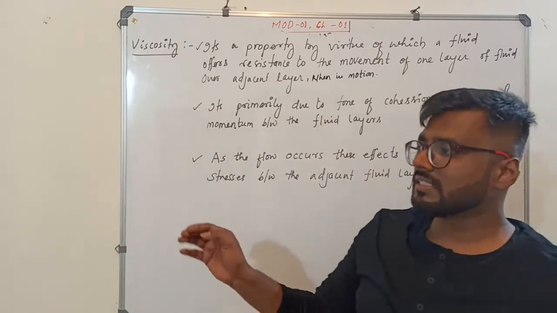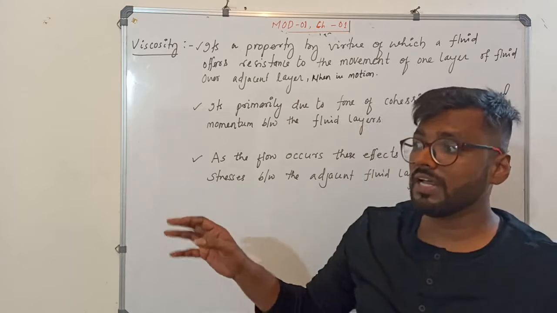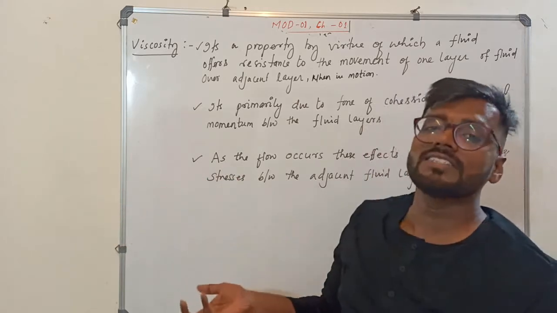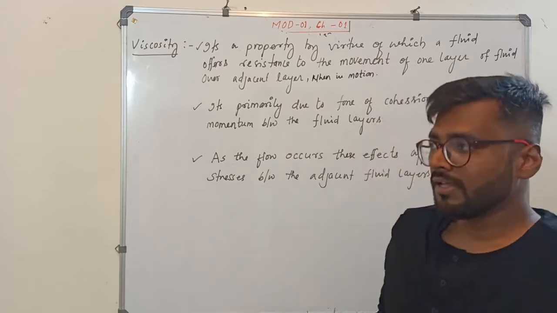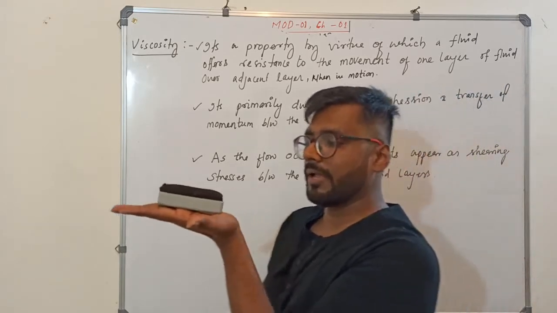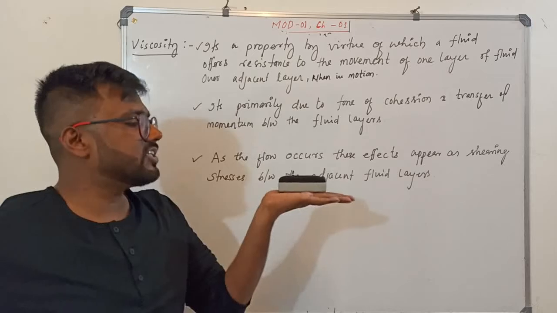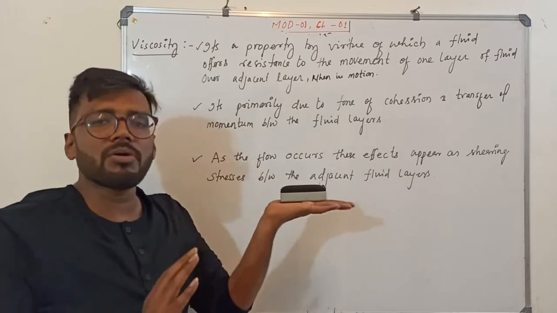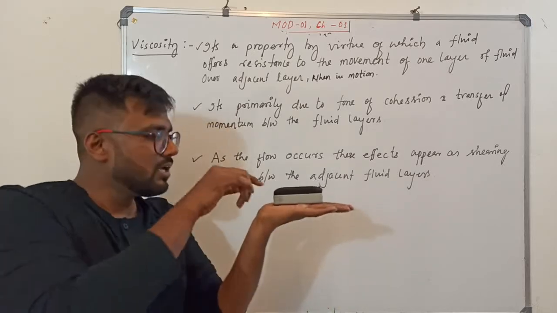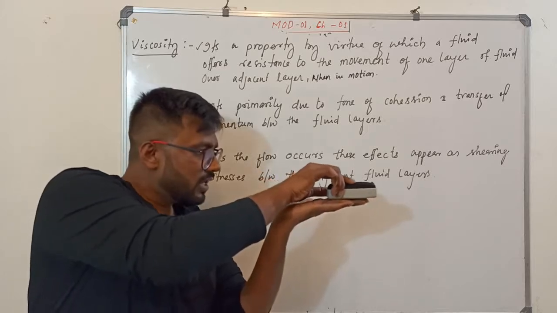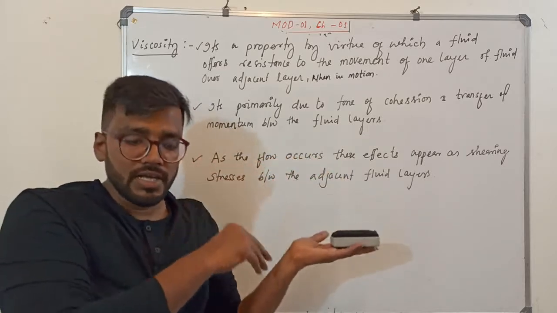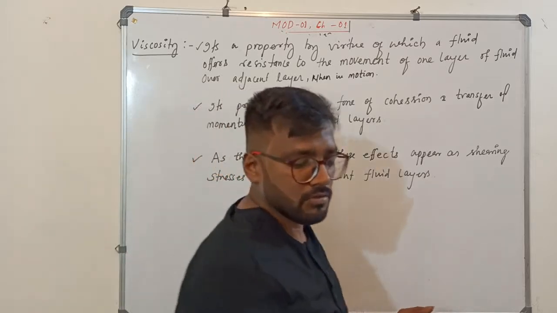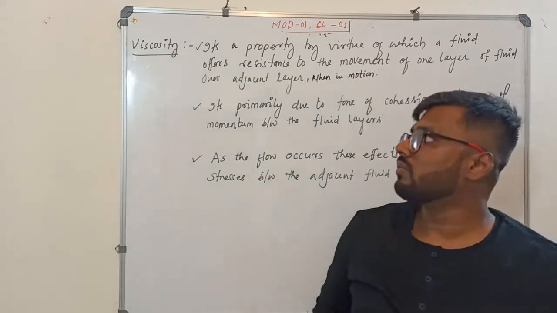So sir, is it required that the fluid should be in motion? Yes, the fluid has to be in motion, then only it will resist the motion. Understood? It's like friction. So is there any friction here? Sir, maybe there's a property, but I can't see it. Correct. But what if it's moving? When it's moving, then only I'm getting friction here. That's in the case of a solid. In a liquid, it is what? Viscosity.